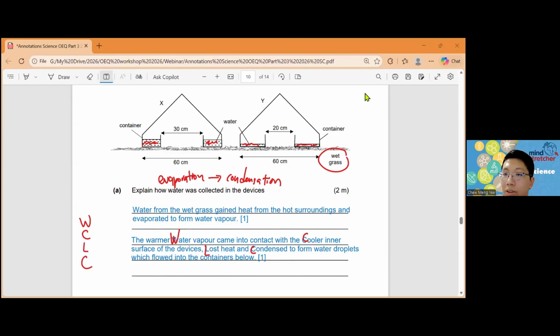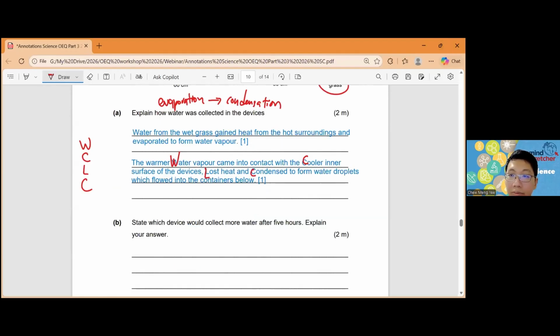Instead of inner cooler surface area, can we put cooler surface area? It is better to include the inner, right? I see your answer is the difference is the inner. So it's the inside of the device, so just add the inner. It depends on the setup. Sometimes you need to say it's a cooler underside of the plate, cooler inner surface of the device, etc. So all these you have to mention. Okay, I'll move on.